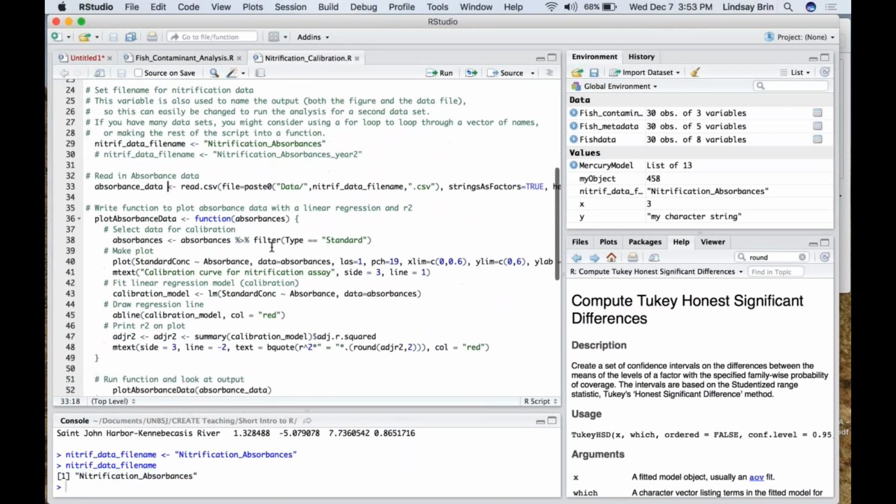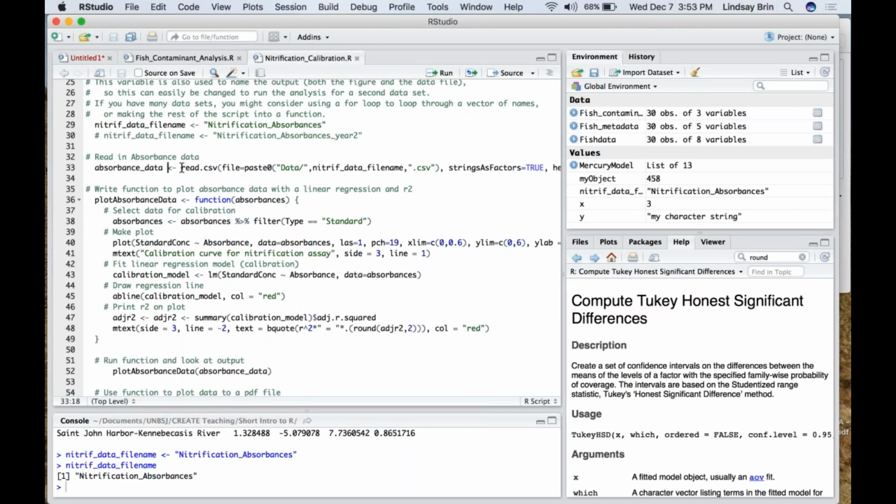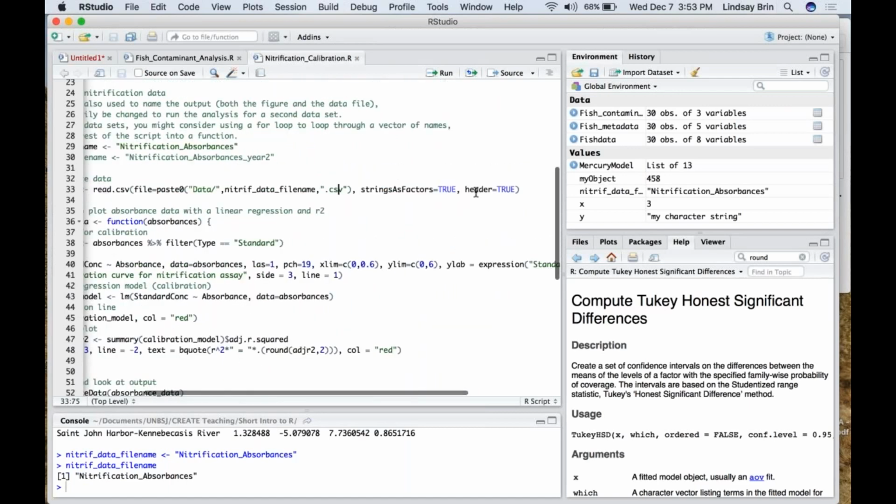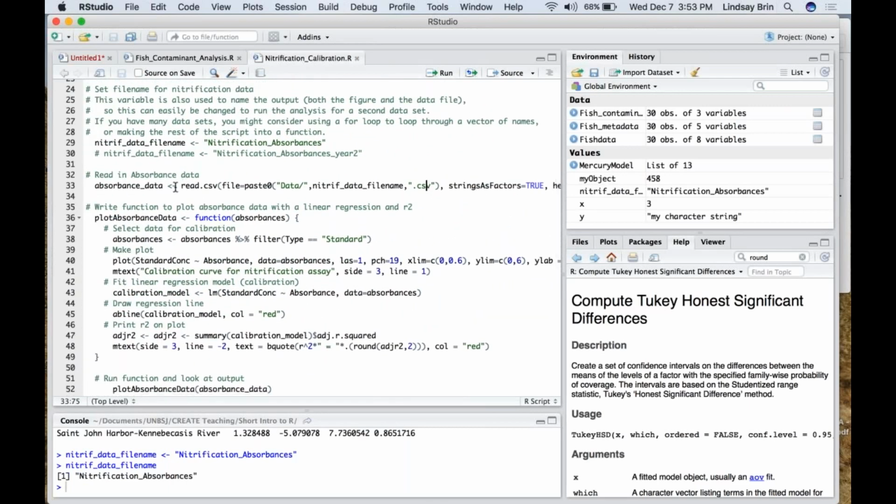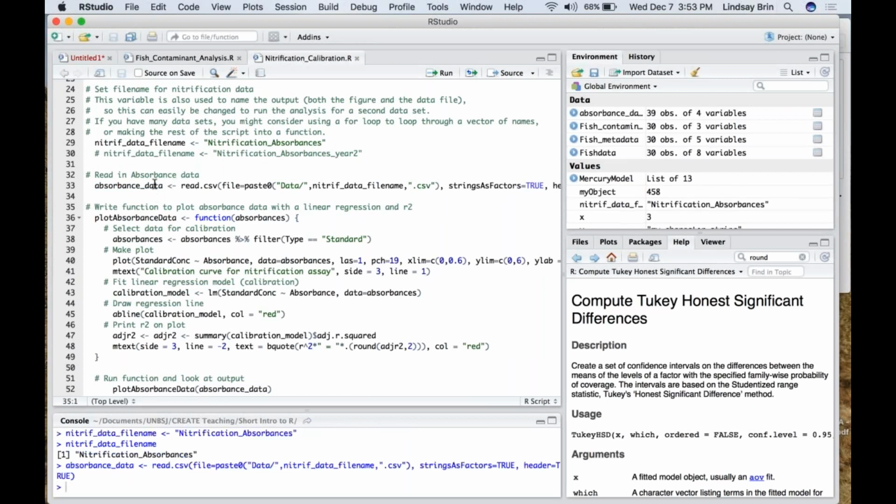The next thing I'll do is read in my data. And here I'll use that same read.csv function. I'm telling it to find the file name by pasting together the data folder, this file name that I've created, and the .csv suffix. And then I'm assigning the value of the data to a variable called absorbance data, and then I'll be working with that variable downstream. So run that line, and now we have